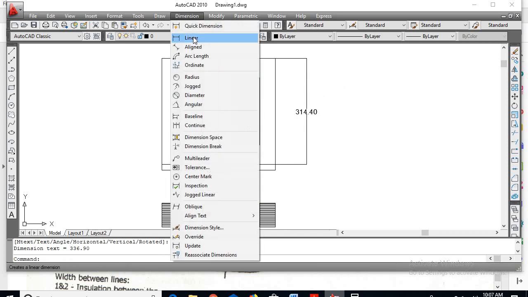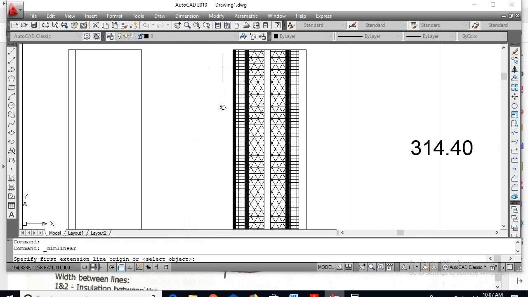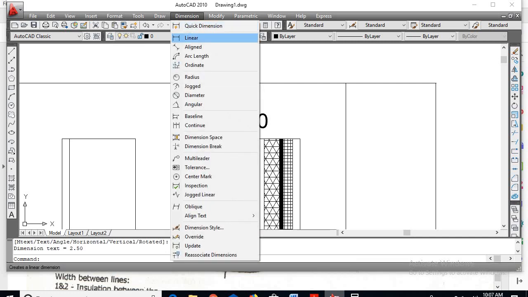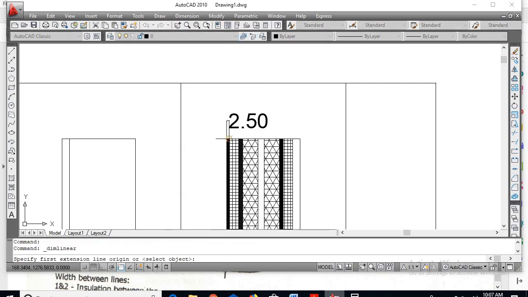Now the insulation of the transformer is 2.5. Next winding, LV winding, it is 9.94.